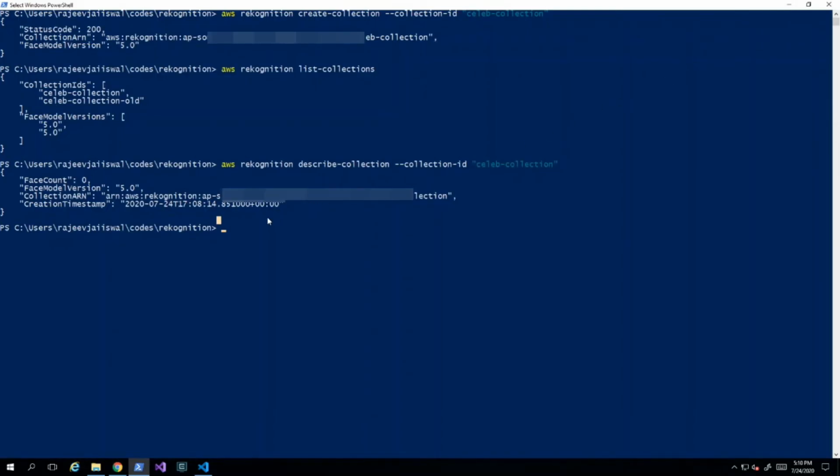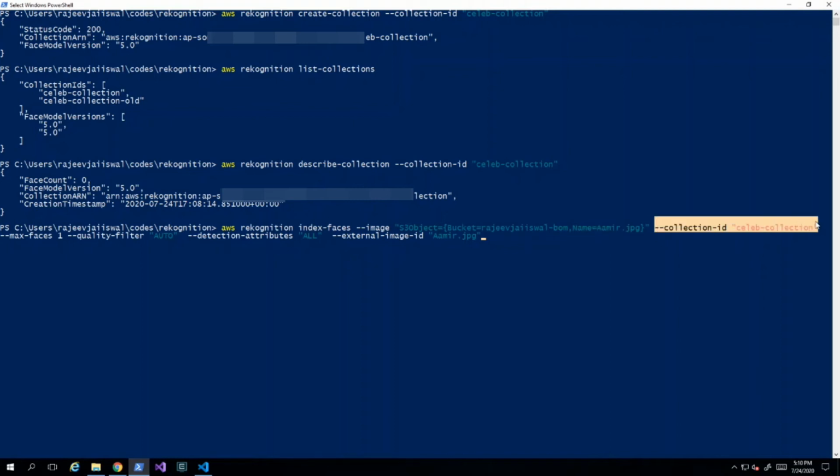Let's first go and add the image in the collection. So the command for the same is aws rekognition index-faces. The concept is known as index faces, that is adding the faces in a collection, --image, and this is the path you need to provide in this format, where I'm saying that the object should be coming from a bucket, the bucket name is this one, and the name of the image is this one. Then my collection ID, and then a couple of more parameters which you will learn once you deep dive. And there is an external image ID also to be provided. This is metadata given along with the image. Let's press enter.